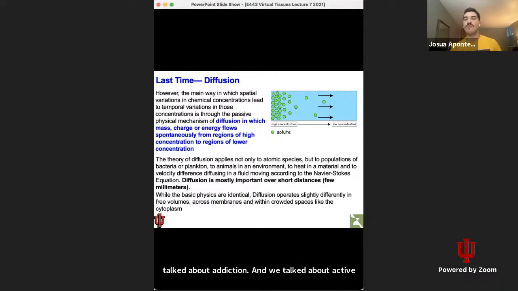Active transport occurs, for example, at the interface of cell plasma membranes, where they have lipoproteins that are responsible for taking stuff in and pushing stuff out of cells. That usually requires some energy. It is expensive to the cell in the sense that they have to use metabolic resources to carry out this